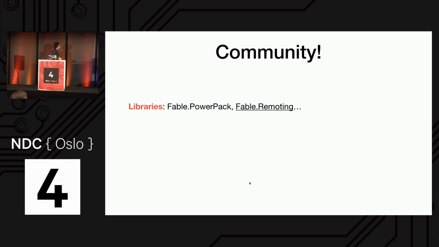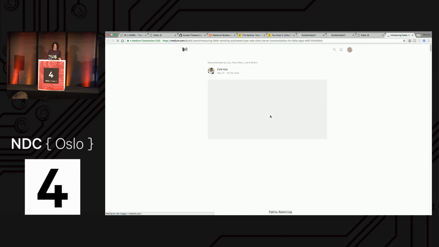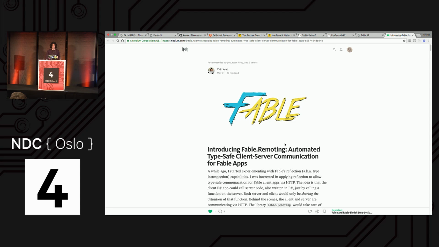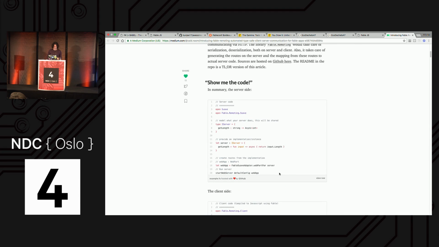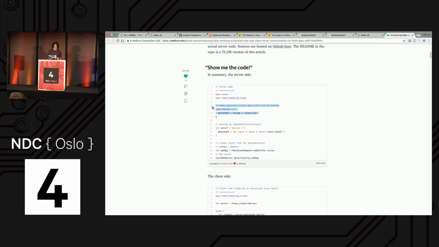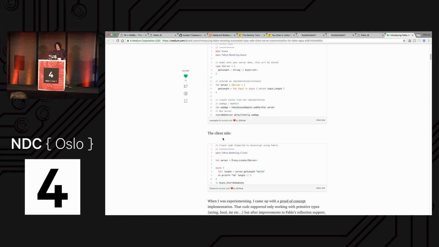But it's not only about this. The secret of Fable and the success of Fable has been thanks to its community. We have now several libraries. I hope that in the near future we'll even have more. This very recent one, Fable Remoting, is a library to make HTTP APIs directly just by defining. Using a Suave server side, you can just define a record with a function, and you can call it